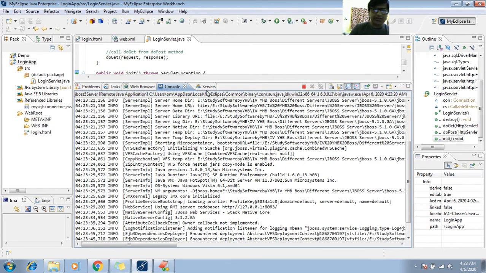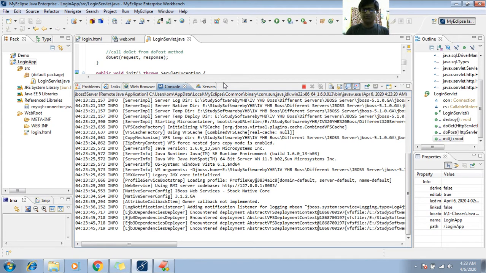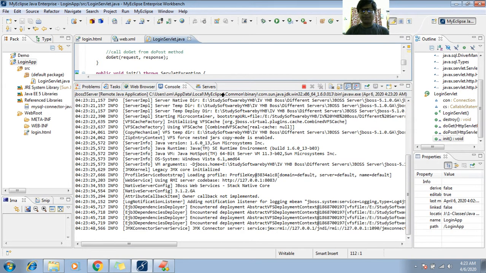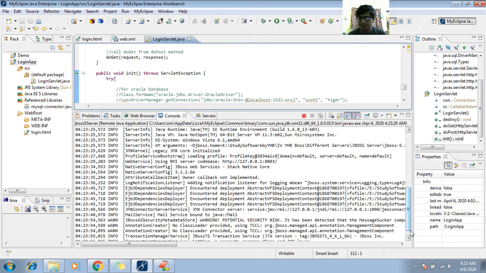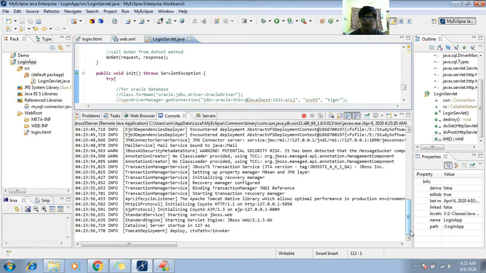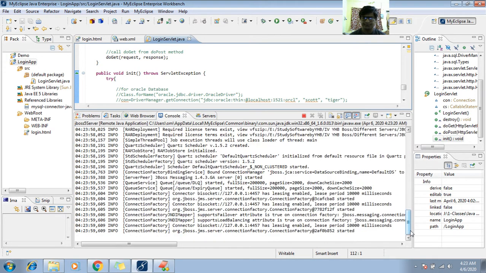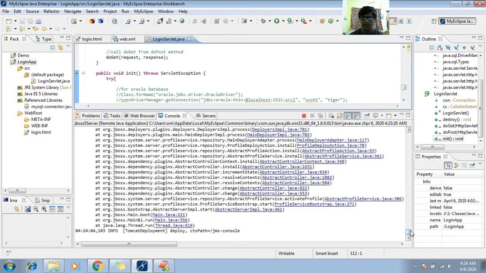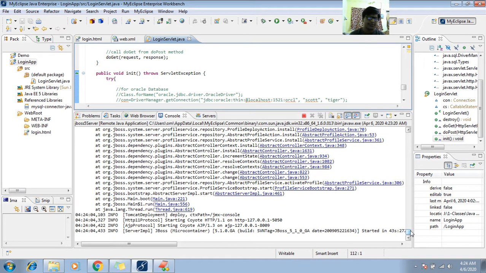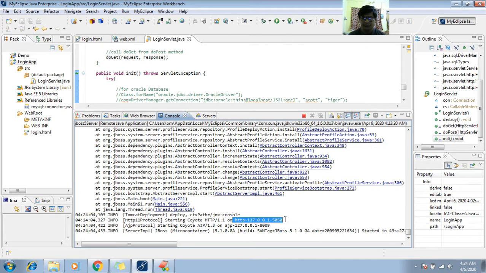So once your server starts, then we'll proceed for testing the application. Admin console. So my application was started at IP address 127.0.0.1 port 5050.